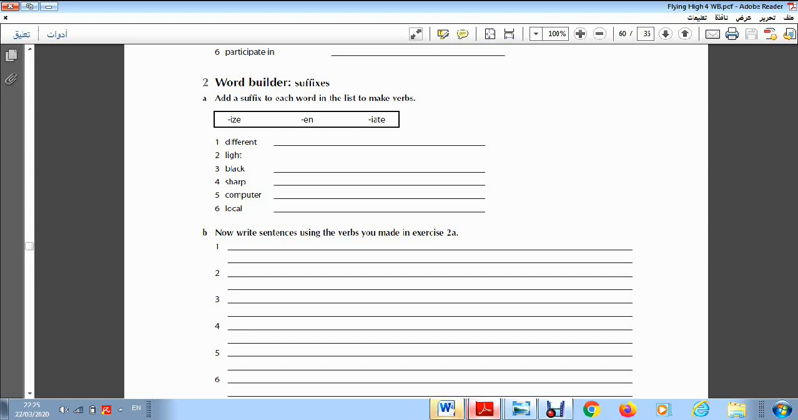Computer. Exactly, you still remember. Computerize. Local becomes localize. Wonderful. Okay. Now,